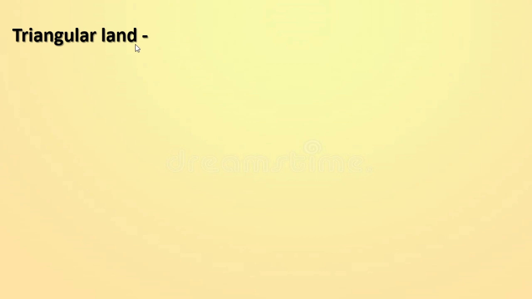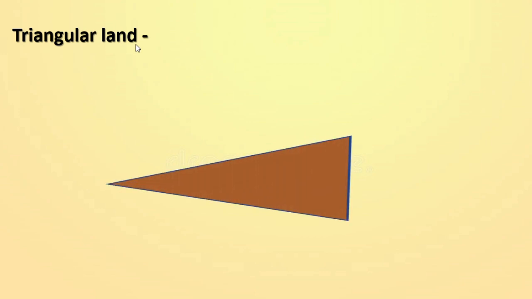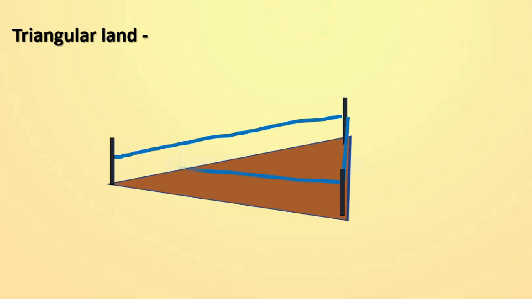Next, we will take a triangular land. See, this is a triangular land. Again, we want to fence this land by a single wire. See here again poles. And here we will count the distance between these two poles, again these two poles and these two poles. Got this? Yes, we measured. The distance is 20 meter, 10 meter and again 20 meter.